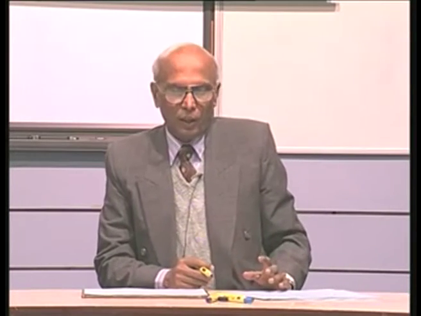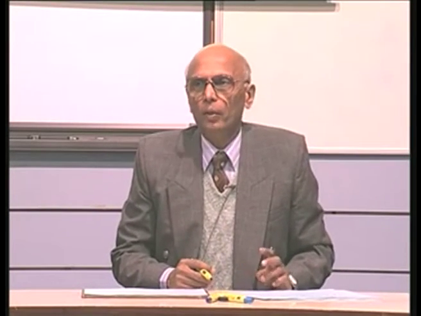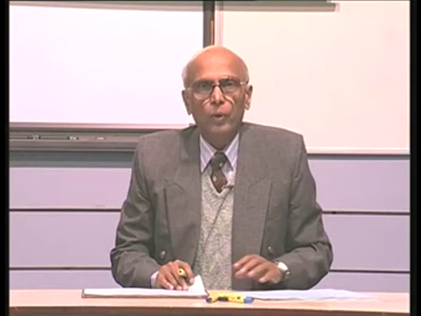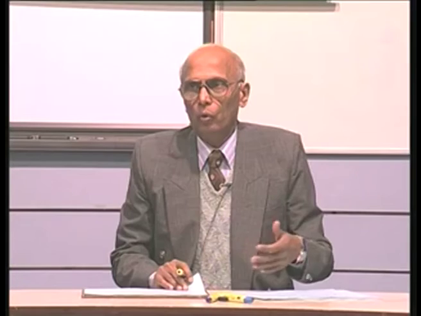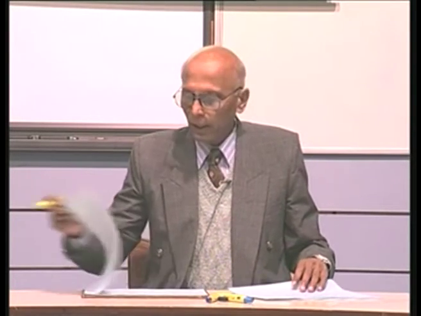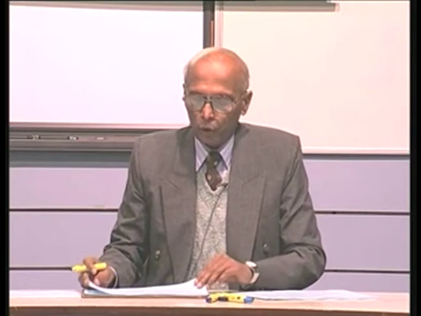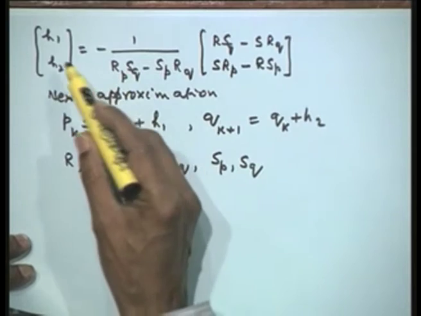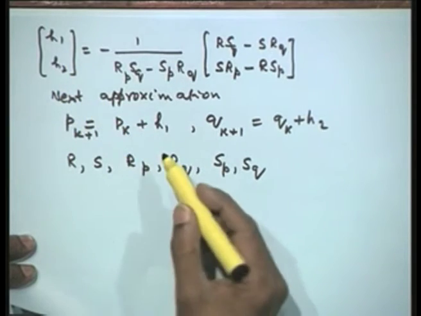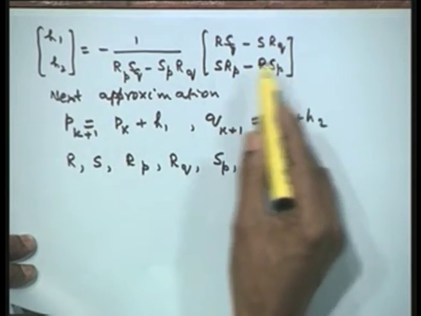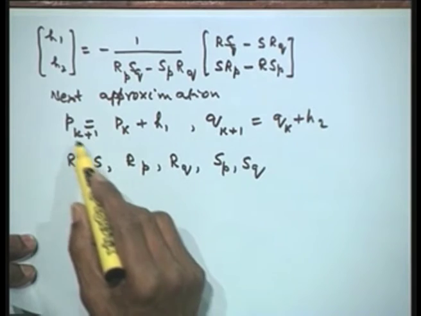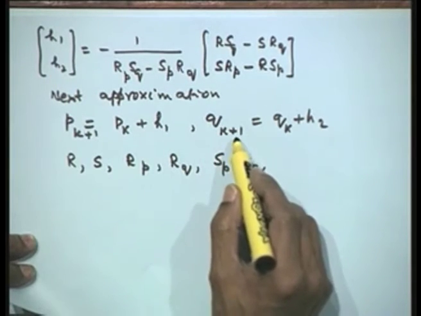In our last lecture we have derived the Bairstow method for extracting a quadratic factor from a given polynomial. This quadratic factor may give us two real roots or it may give a complex pair of roots. We have shown that the approximations would be obtained from evaluating the values of h1 and h2, the increments for the initial approximation. This is the formula that we derived last time for finding h1 and h2, so that the next approximation can be obtained as p(k+1) = p(k) + h1 and